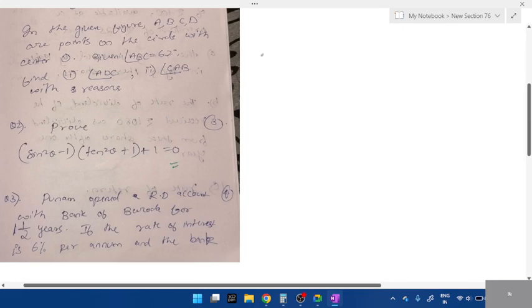Square question, students. How will you prove this? Right answer, it is 0. What is sine square theta minus 1 into what is tan square theta plus 1? Plus 1 is equal to 0. Then,